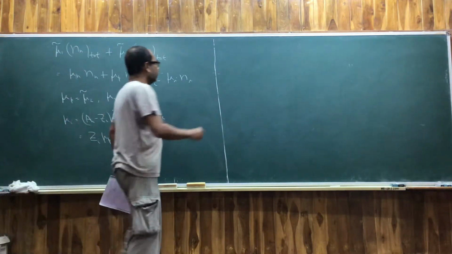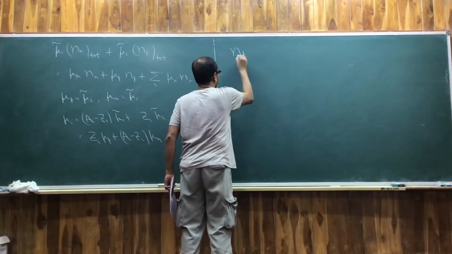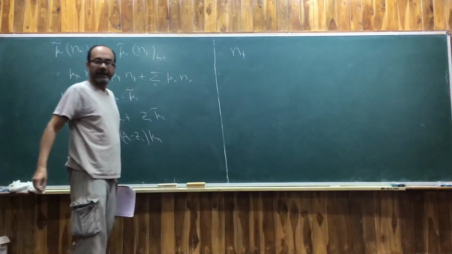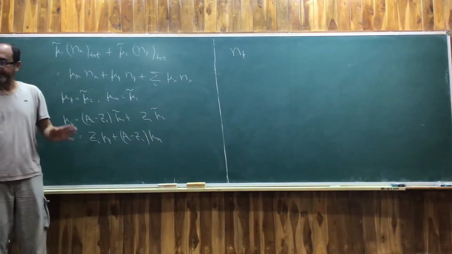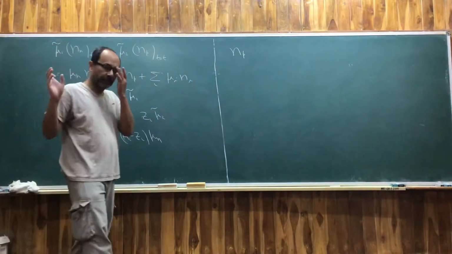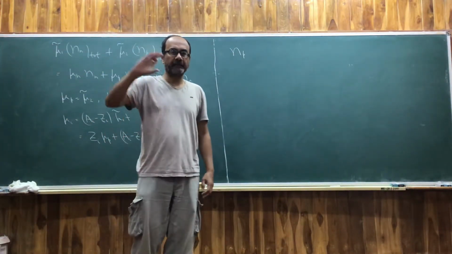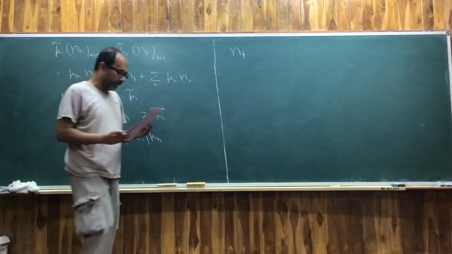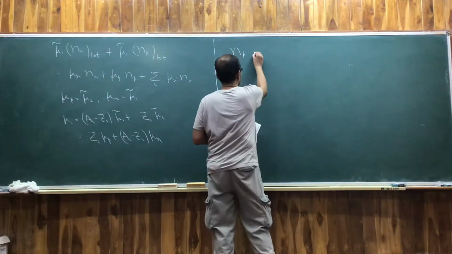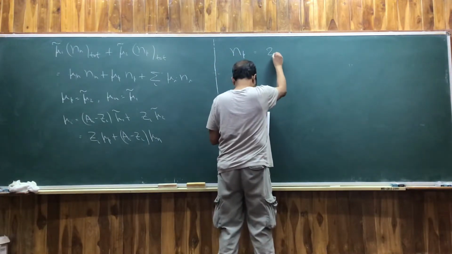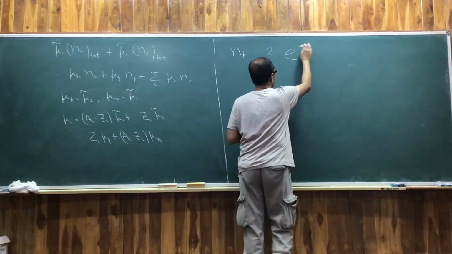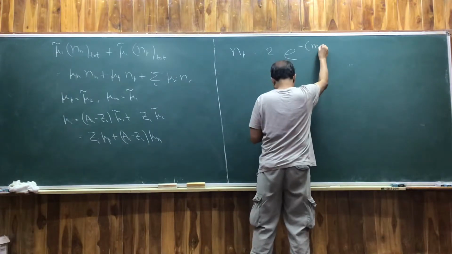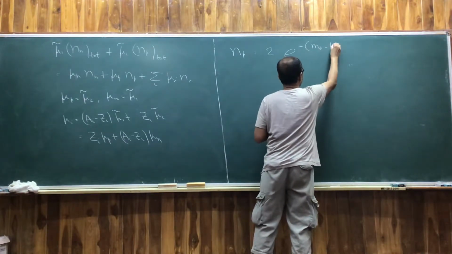So now we can write down the formula for N_p, N_n, etc. All of these particles are non-relativistic, right? So we'll be using the non-relativistic formula that we derived, instead of writing down the full relativistic formula as an integral. So N_p, let me write this down. I think this should be familiar. 2 e to the power minus m_p minus mu p